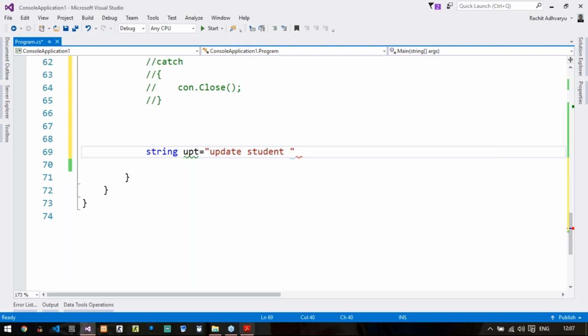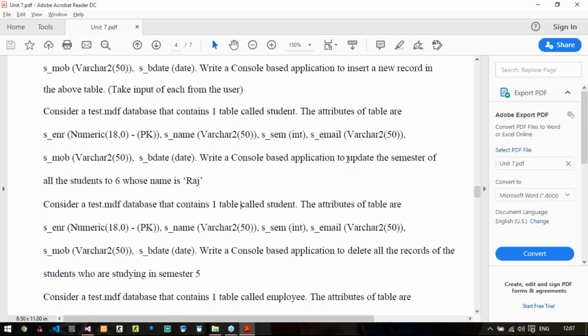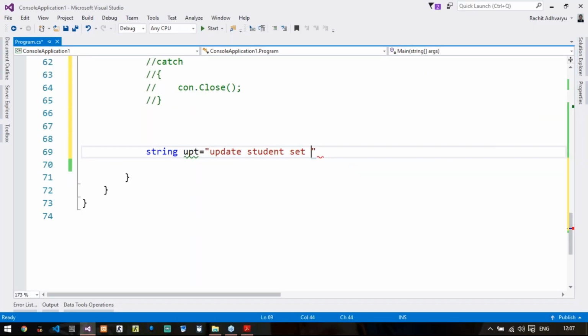Sorry, that is s underscore sem. So set s underscore sem equals to, and now what is the value that we have to give? The value is 6. I will write set sem equals to 6, and because it is integer type, no need to write single quotes.